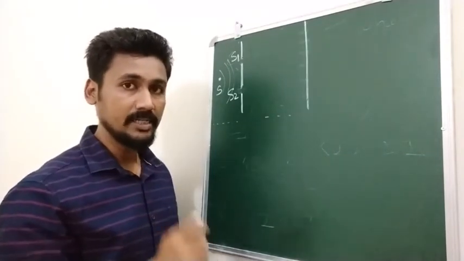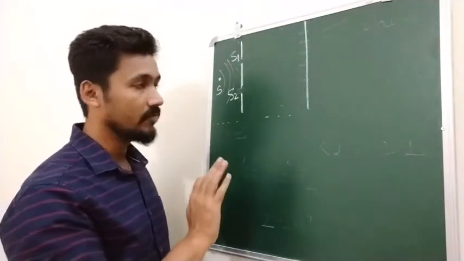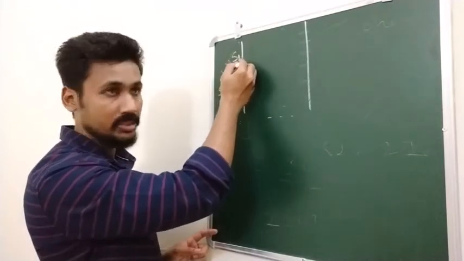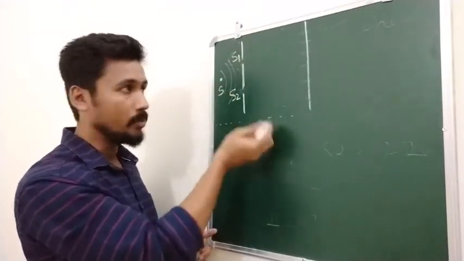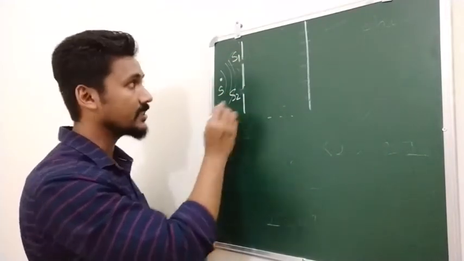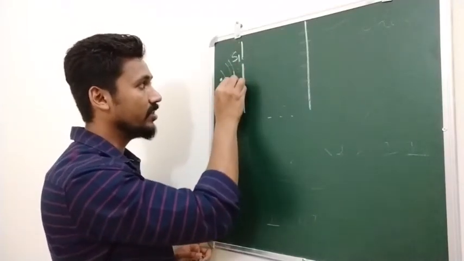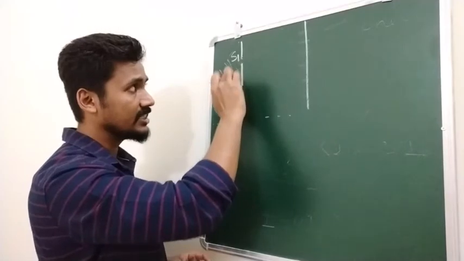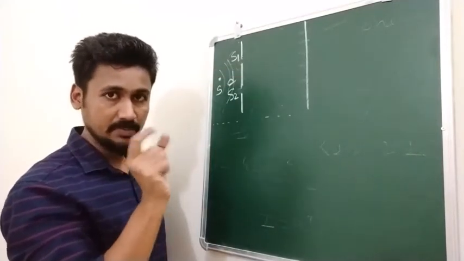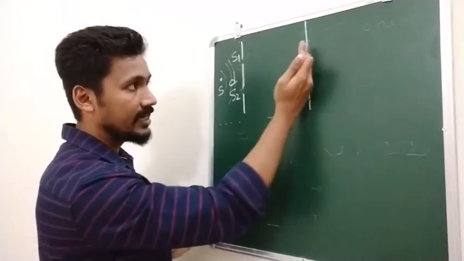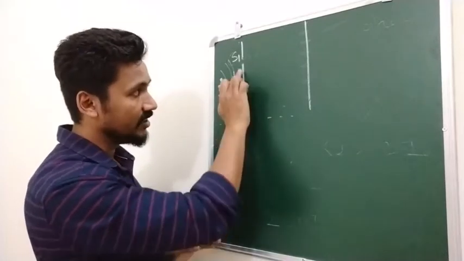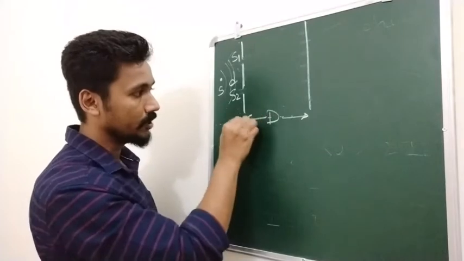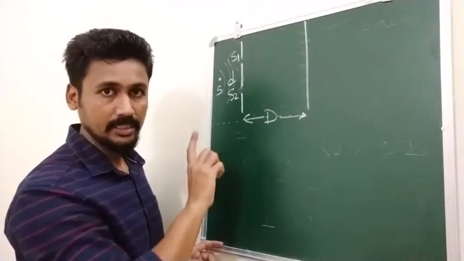Now let us start with the derivation. So before we do the derivation, let us understand the setup first. So we have two sources, S1, S2, both illuminated by a common source, S. Distance between S1 and S2 will be small d. For best results, this distance between the two sources should be as small as possible. Then here is our screen. Then the distance between the sources and the screen is given by capital D. Okay, that is the distance between screen and the sources.